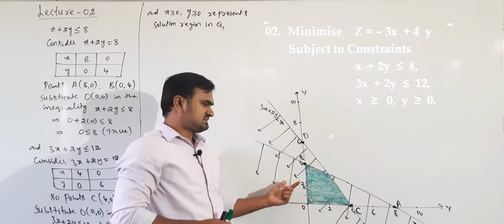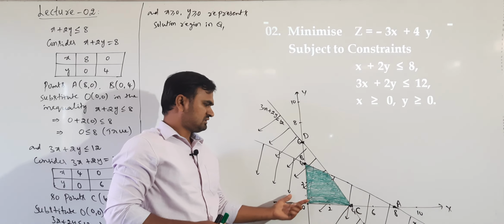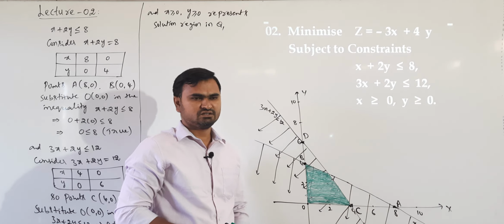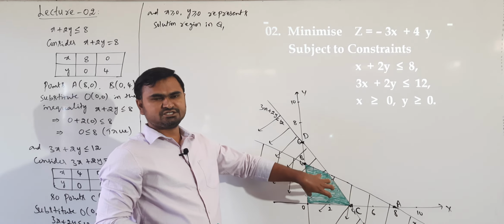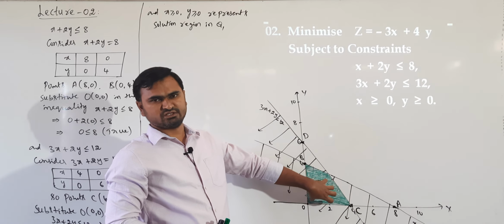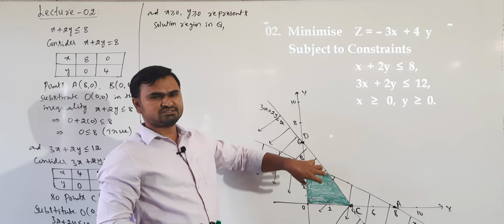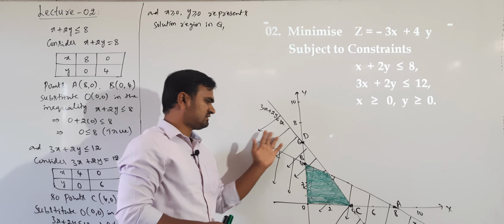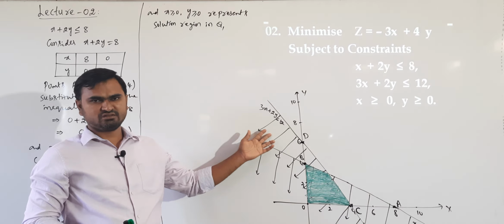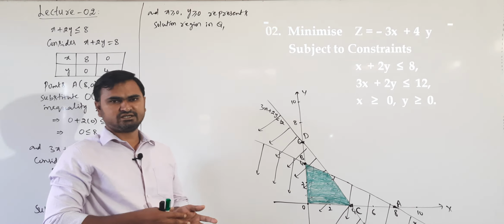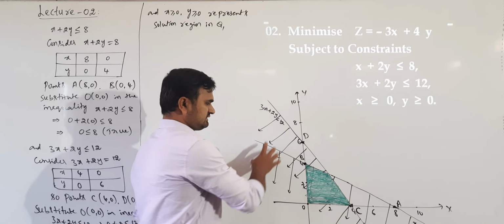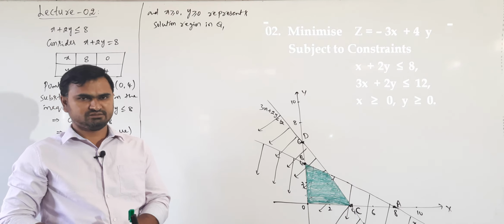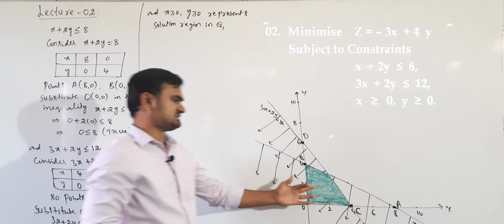So in the examination, whenever we draw the diagram, whatever else you are shading or not shading, the feasible region should be clearly visible. When it is clearly visible, only then will we get the marks. If we shade the total portion, there will be no difference between the feasible region and the other region. So whether you shade the other region or not, the feasible region should be visible very clearly. Understand? So this is the feasible region.